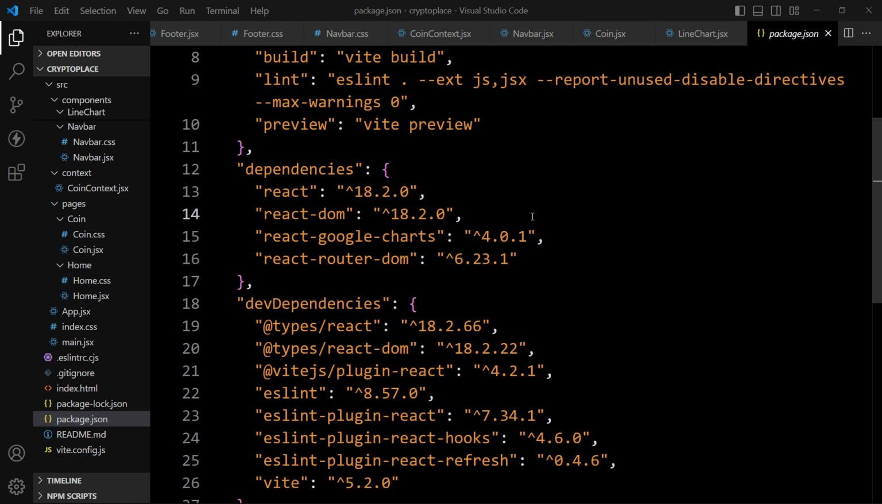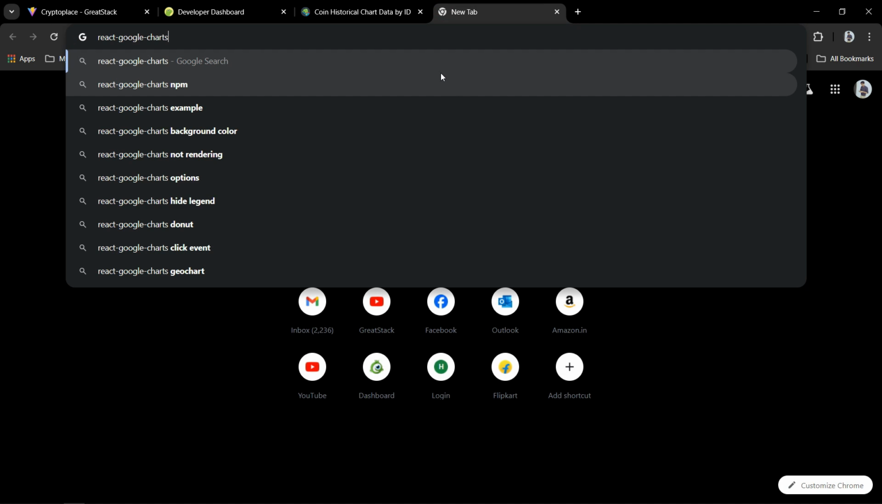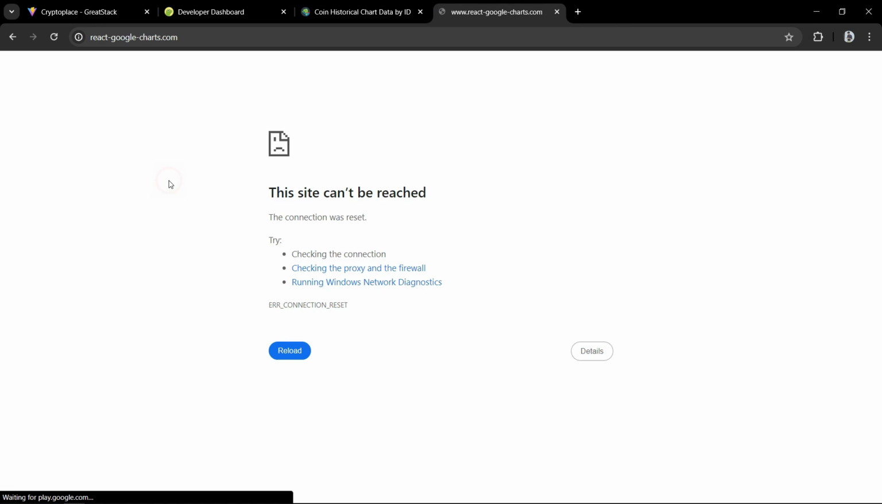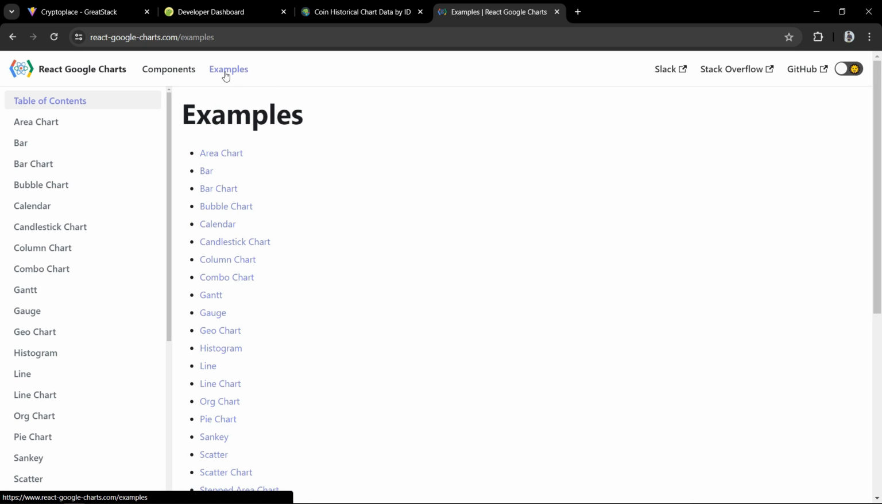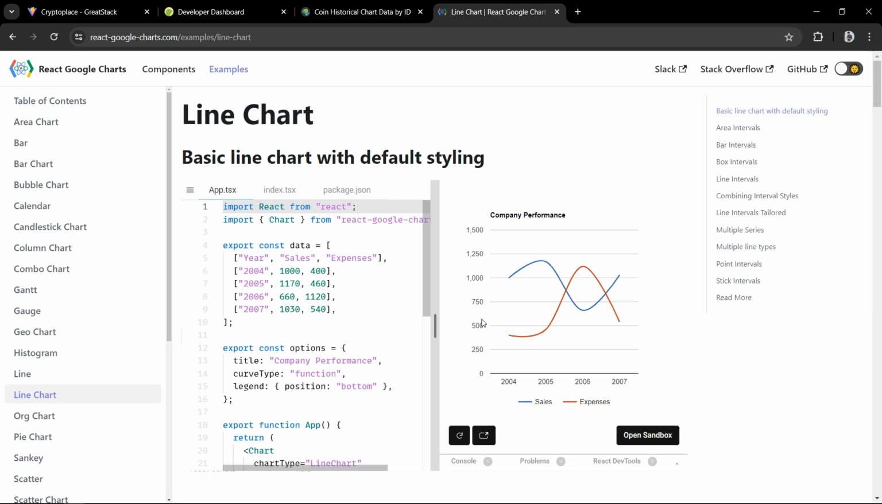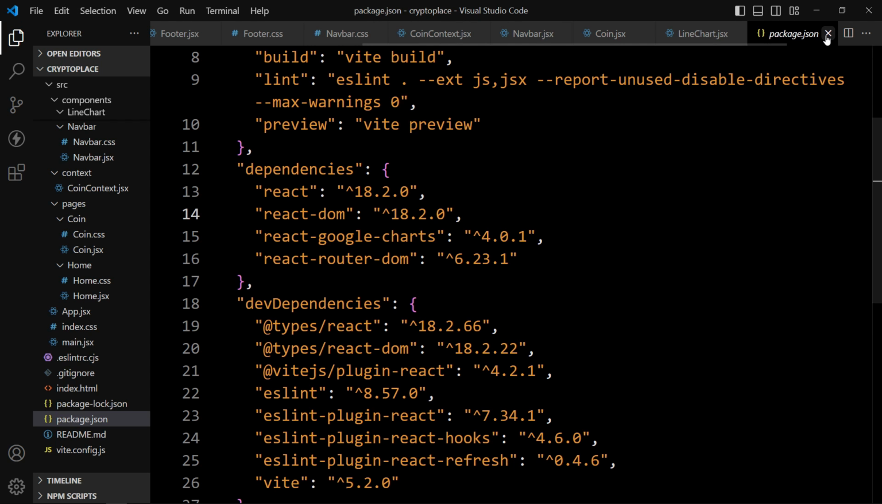So let's search this on Google. React Google Charts. Open this website, then click on examples. And from this left side, we will click on line chart. So this is the example of line chart. We will store the data in one array like this. We will store the date and price, and in another array we will add different value for date and price. So we have to create one data, and using that data we can display the line chart. So let's come back. Close this JSON file,